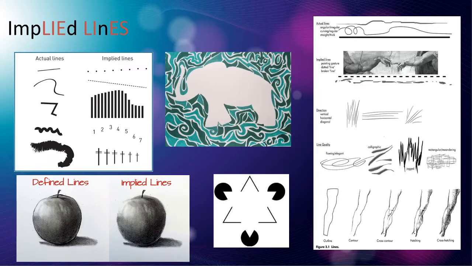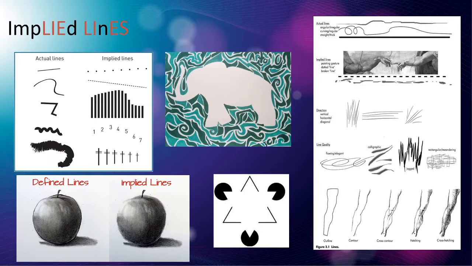So a row of dots implies a line. We sort of naturally feel like, oh, there's a line of dots. Here's a line of dashes. The line that the top of these bars convey, right? These look like telephone poles to me, or electric poles, and because they're descending in shape, it feels like they're going off in space. There's a line of perspective there.